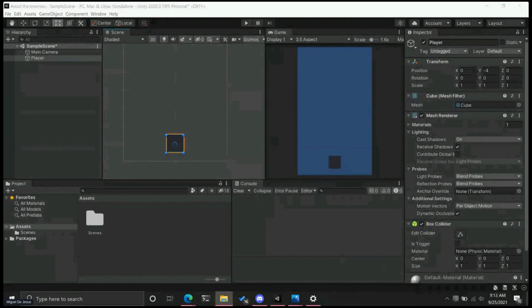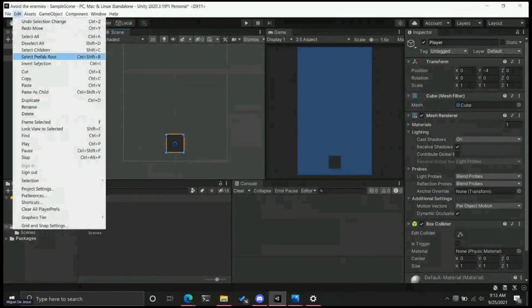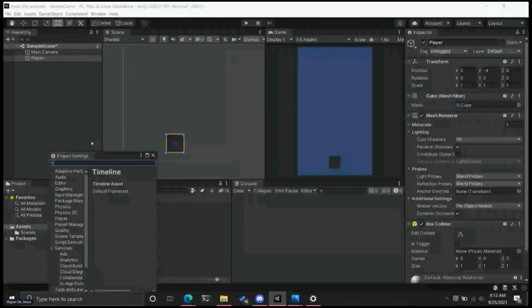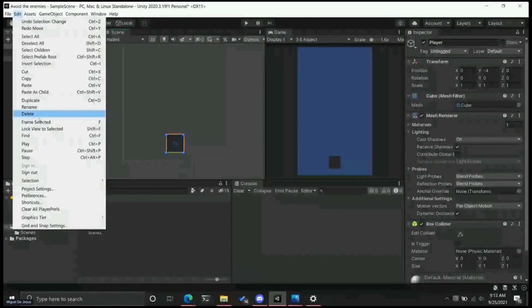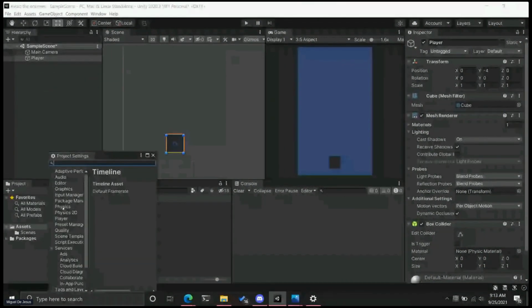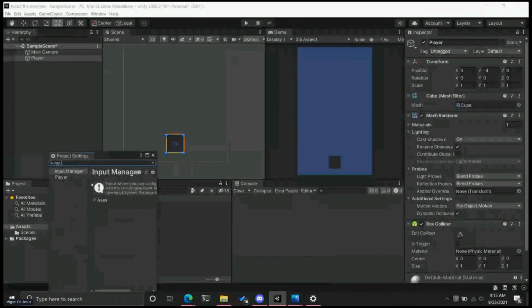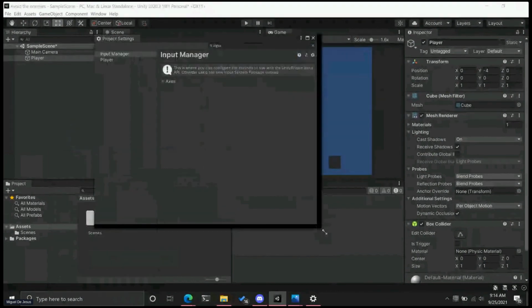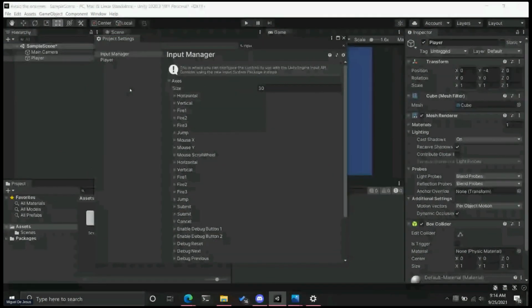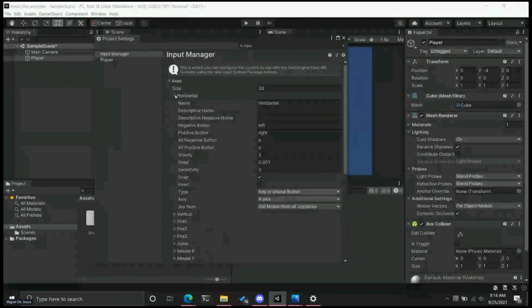Well, Unity already has something set up for us, which is kind of great. And you can see it in the project settings. Let me try again. Project settings and then input manager. Yeah, here. So Unity already has a system to actually get our keyboard input, and it's called the